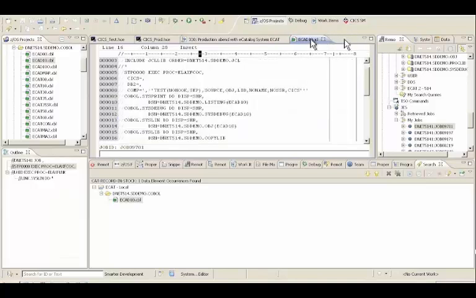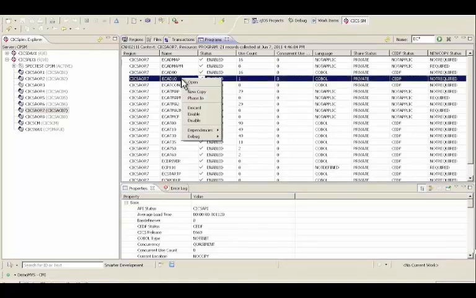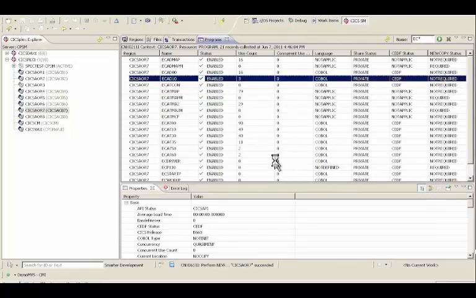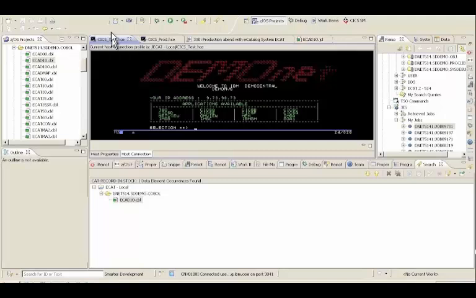Now, you can also, from within RDZ, access some other functionality within the CICS Explorer. So I can go into the CICS Explorer, go to the particular program, right-click on it, and do a new copy so that that new copy has been loaded for testing purposes now. Now, again, from within RDZ, I can open up an emulator, sign on to that test region,